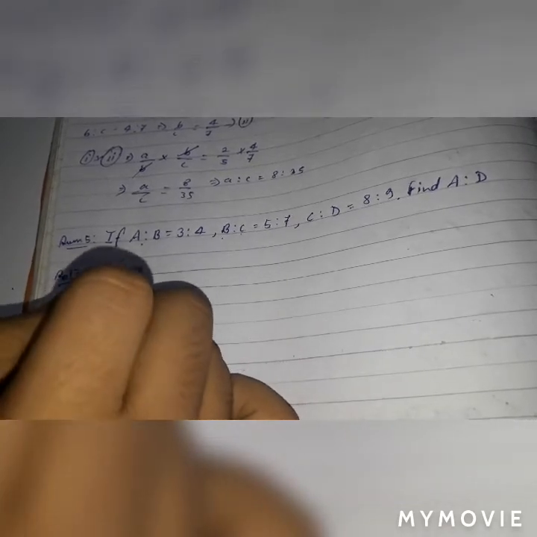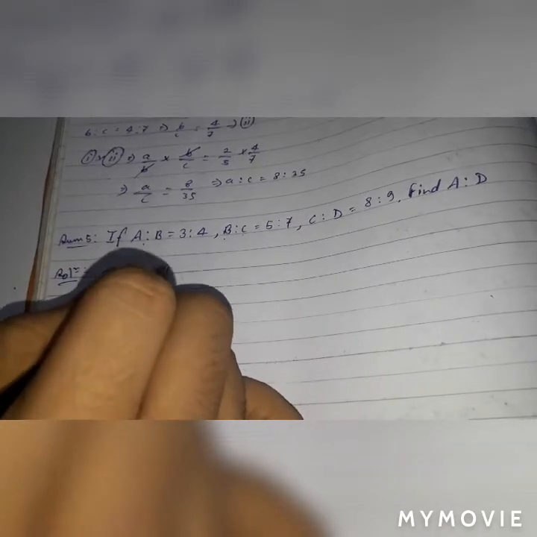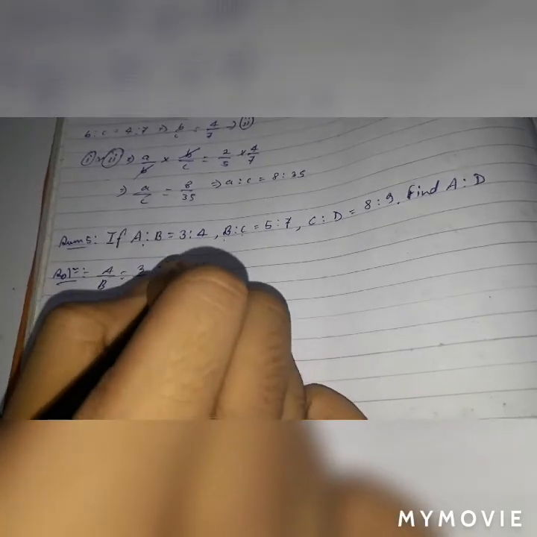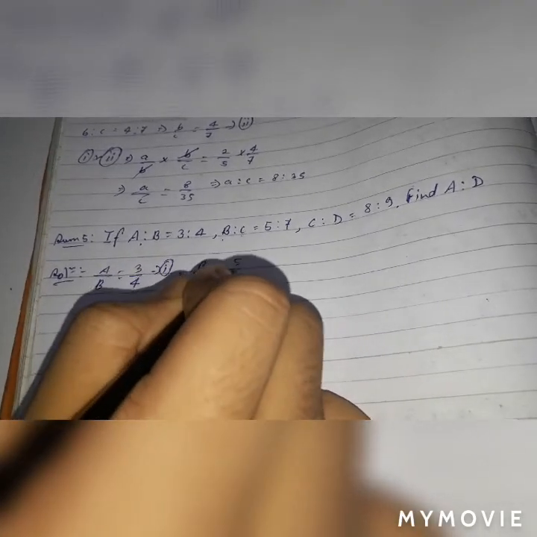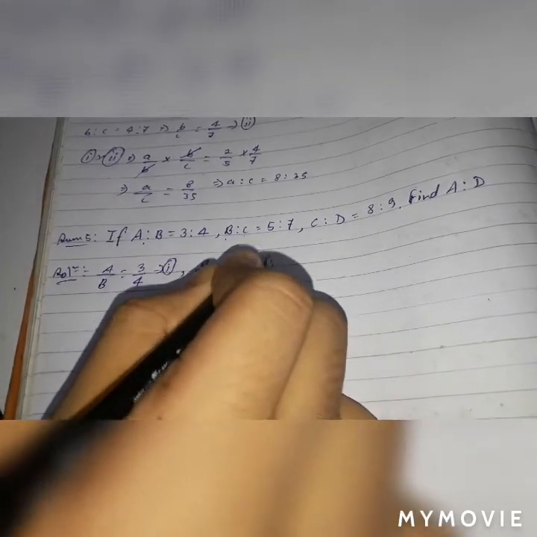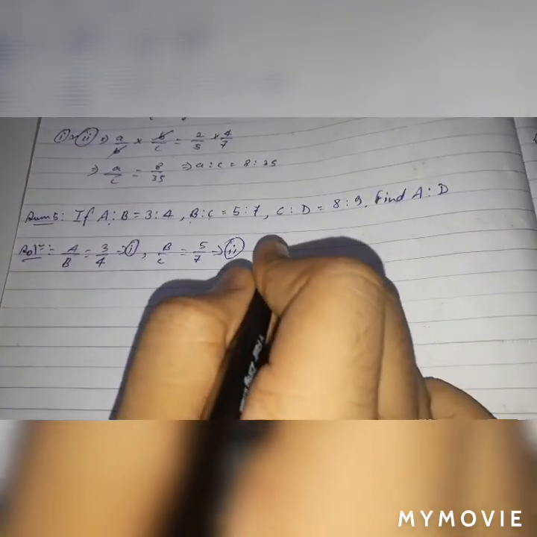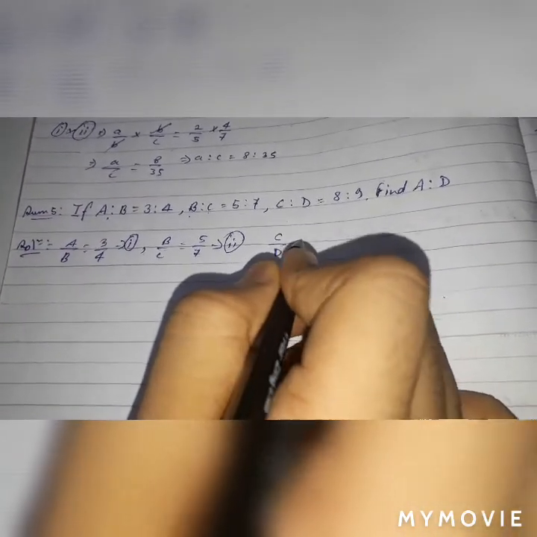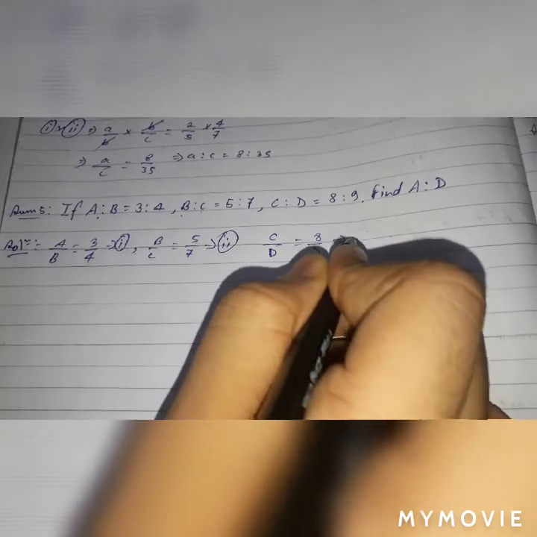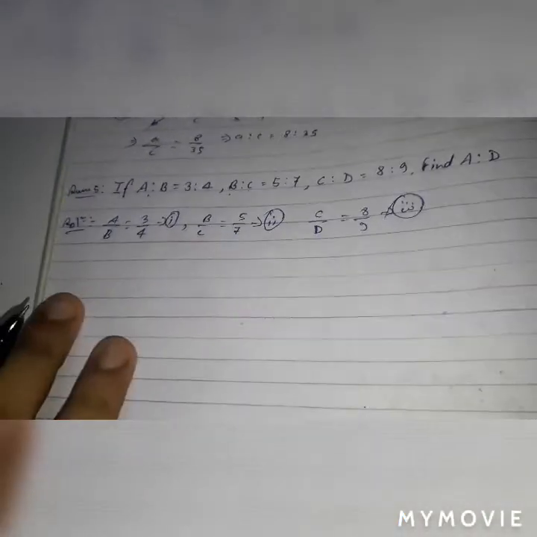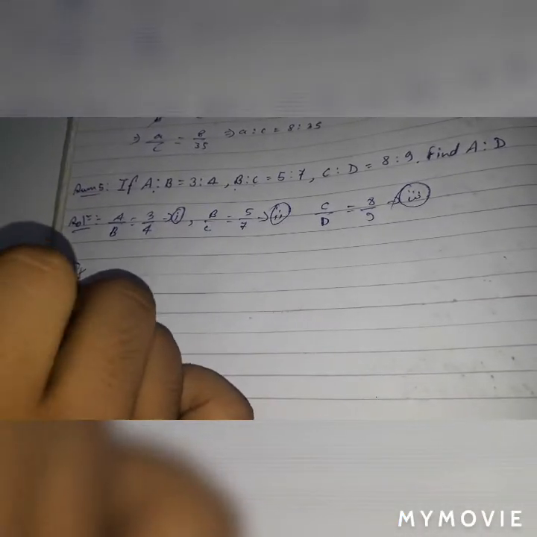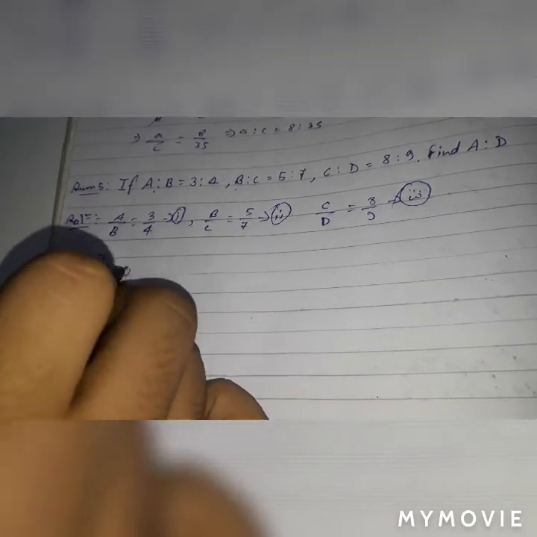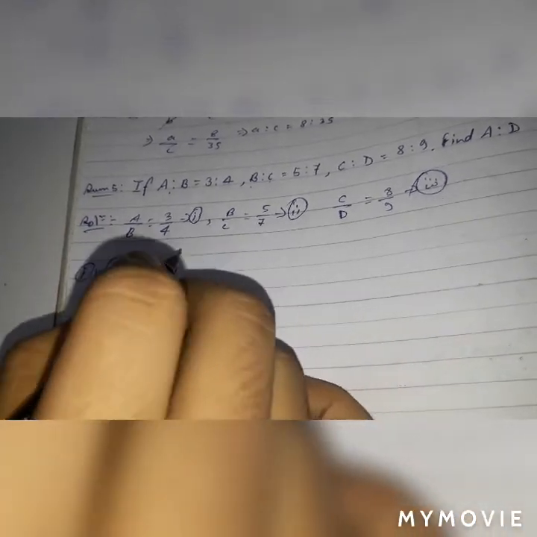A divided by B equals 3 by 4. Mark it as 1. B divided by C equals 5 divided by 7. Mark it as 2. C divided by D equals 8 divided by 9. Mark it as 3. Now multiply these terms, 1 into 2 into 3. That is